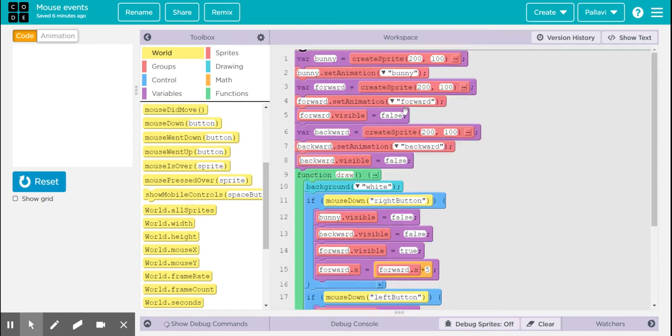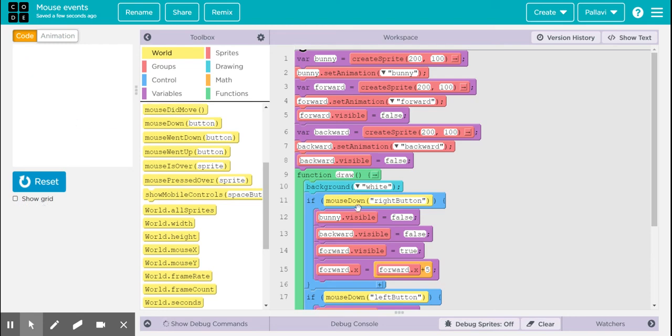Now, as you can see, the forward and backward images are positioned at the 200x position, and hence, even if the bunny has moved out of the screen, if I press the right button or the left button, the bunny appears at the center and starts moving. Let me show you how. I continuously press the right button of the mouse and it moves forward. I press the left button once, then it comes in the center and starts going backwards when I continuously press the left button of the mouse.